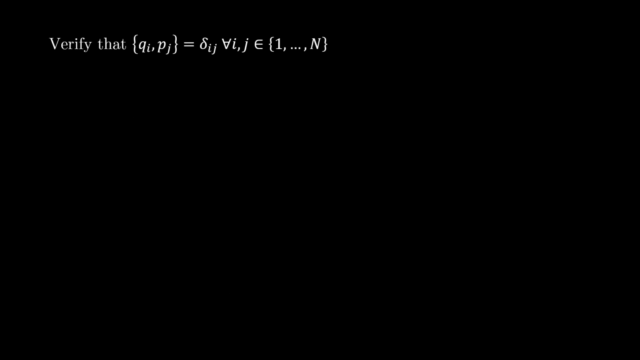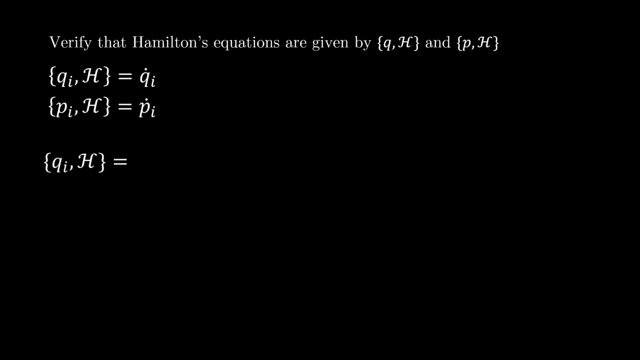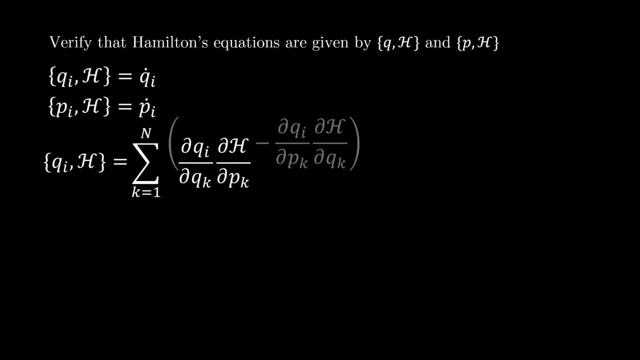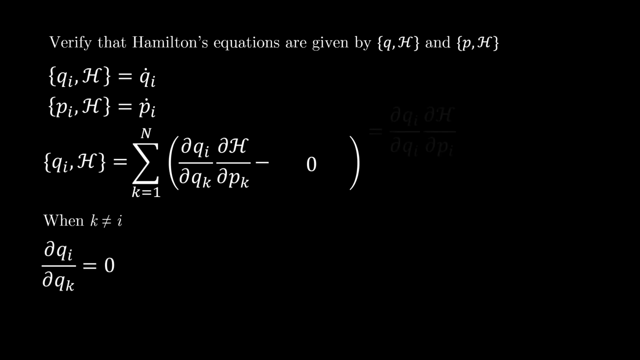In part B, we're asked to verify that Hamilton's equations are given by the Poisson brackets of q with the Hamiltonian and p with the Hamiltonian. More specifically, we want to see that the Poisson bracket of qi with H is qi's time derivative, and likewise for the Poisson bracket of pi with H. We'll begin with qi and H, and we'll write the Poisson bracket as a sum as we've done before. The second term includes a partial derivative of qi with respect to pk, so it's just 0. We saw before that when k does not equal i, the first term becomes 0,